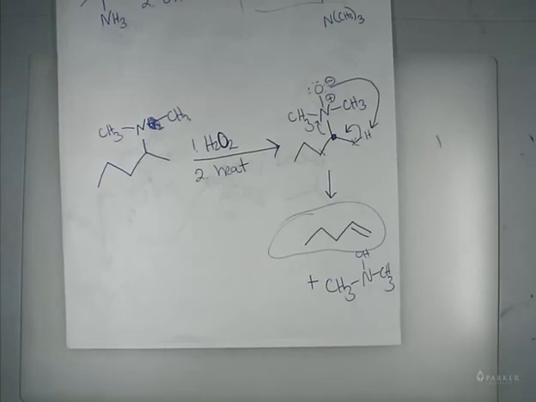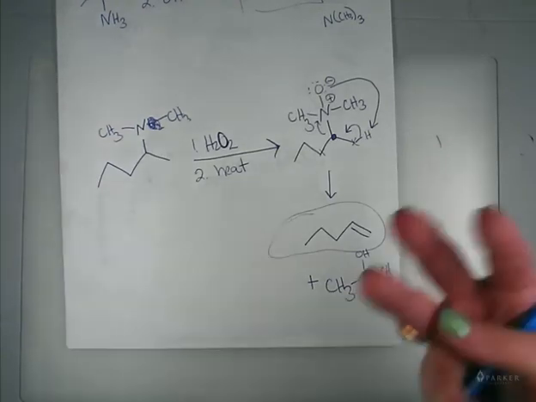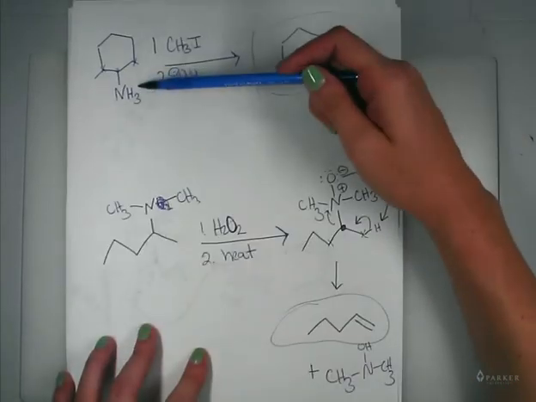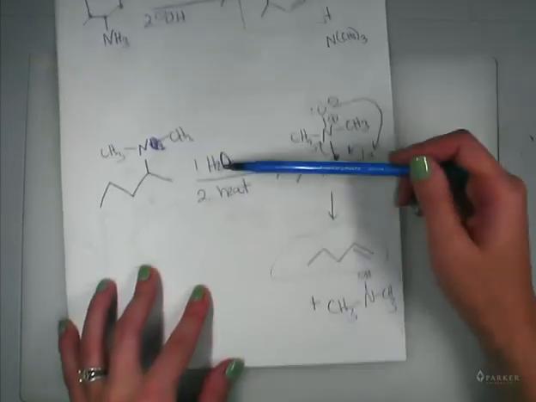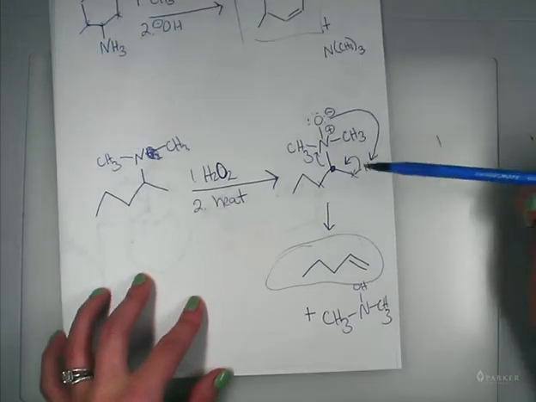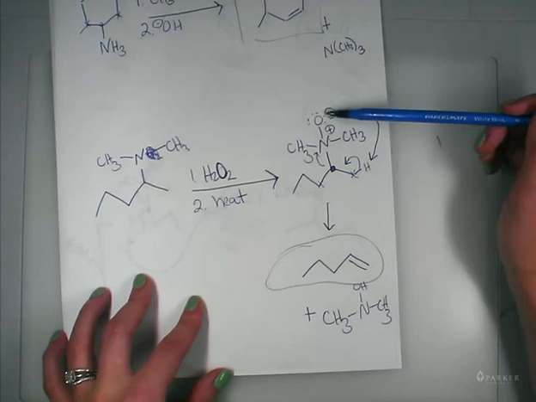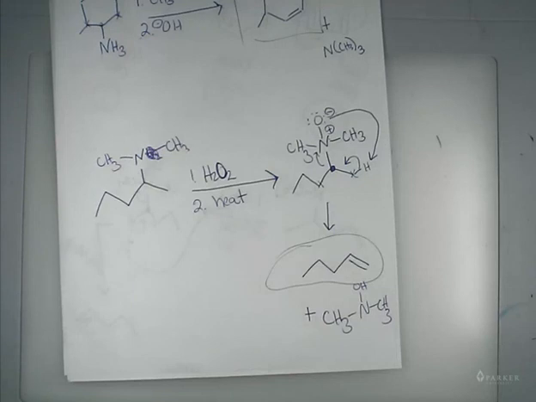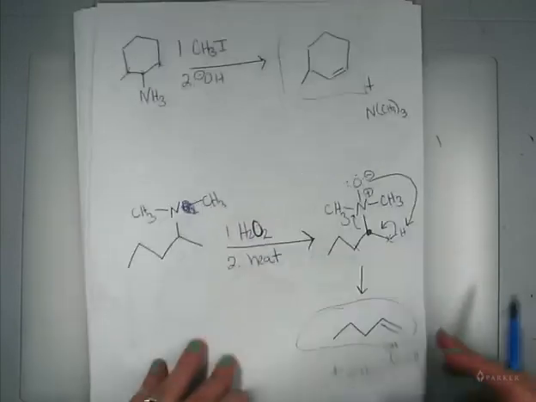So a Cope is just like a Hofmann. Okay? This one I have to add my carbon groups to make nitrogen positive, and then I put in a base. This one I oxidize the nitrogen to build in a base. But they do the same thing. Once you make nitrogen into a good leaving group, whatever your base is takes off a hydrogen from the least substituted side, making a double bond. So the Cope is just a fancy Hofmann. Okay, then we also looked at